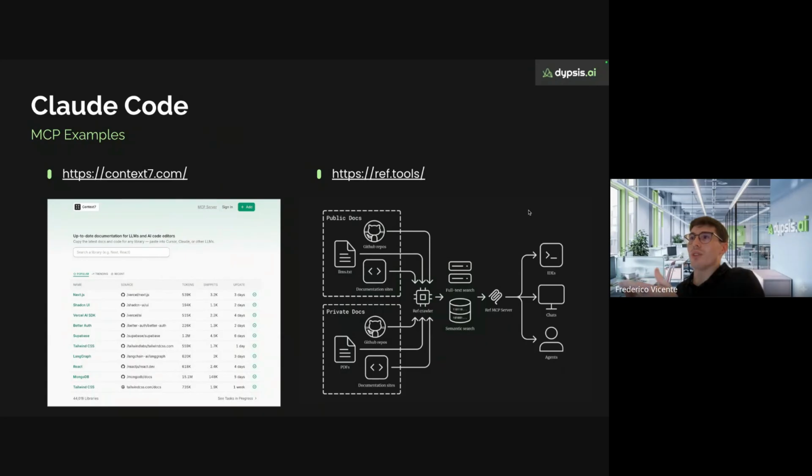So using these tools is great because it helps you have up-to-date documentation. If you set up these MCPs and ask to access a specific library, you always have access to the most recent or to a specific version of the library that you want, which helps a lot to reduce the possibility of hallucination from the LLMs.